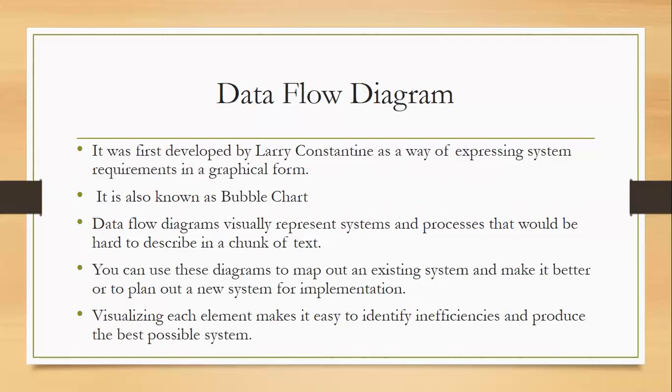So to express the requirements of a user, we use a graphical way, and right now the graphical way I am using is called a DFD. It visually represents systems and processes that would be hard to describe in chunks of text. Why so? Because there is so much data correlated from one particular module to another module. If we want to correlate these chunks in textual format, then we get confused, because the textual format does not show the linking of these concepts. So to link all these, we need a graphical manner, and that graphical manner is called a DFD here.